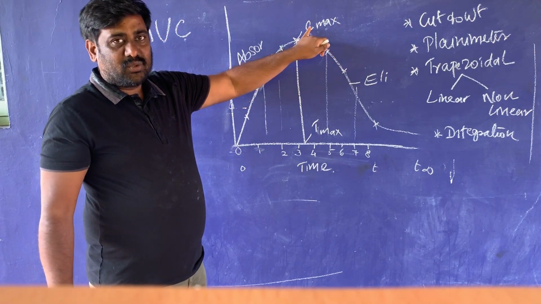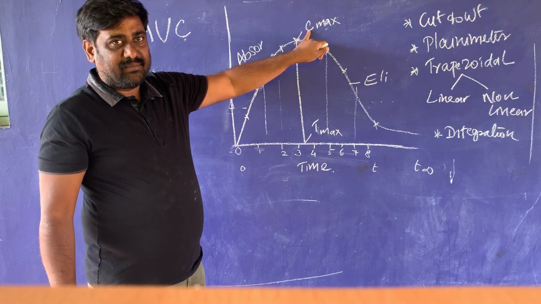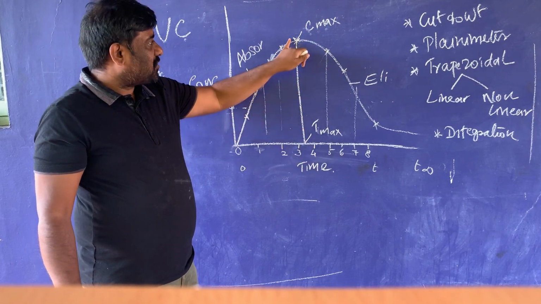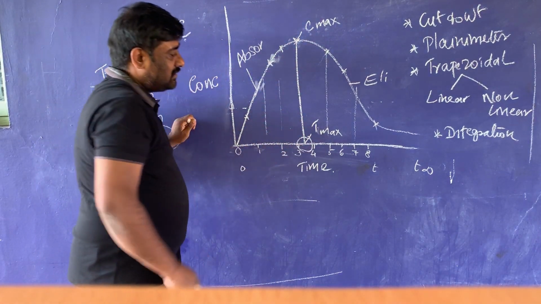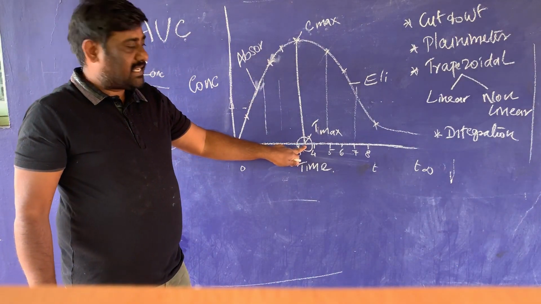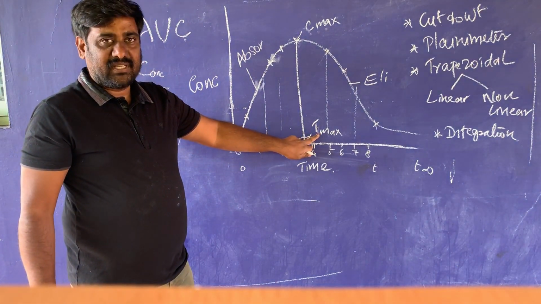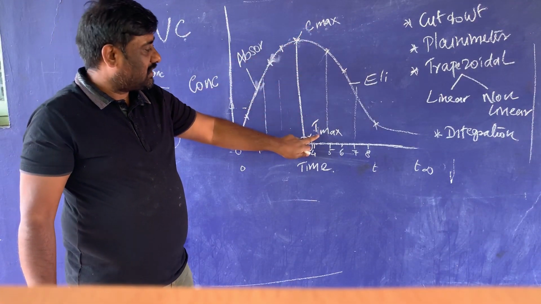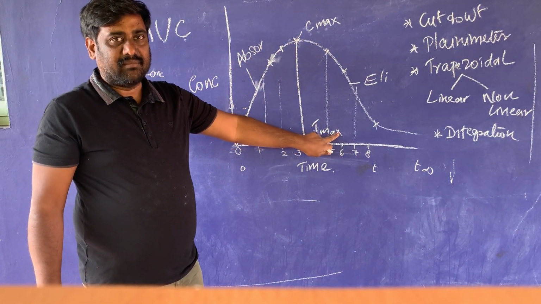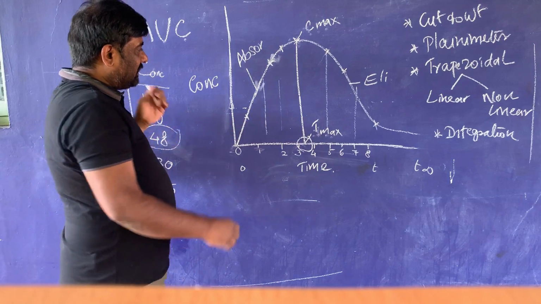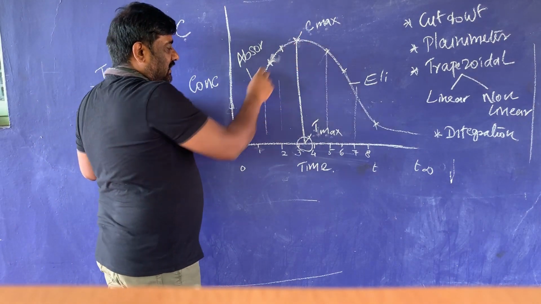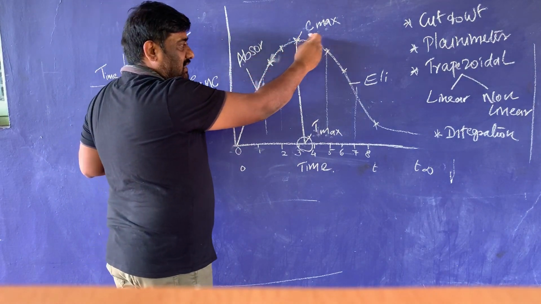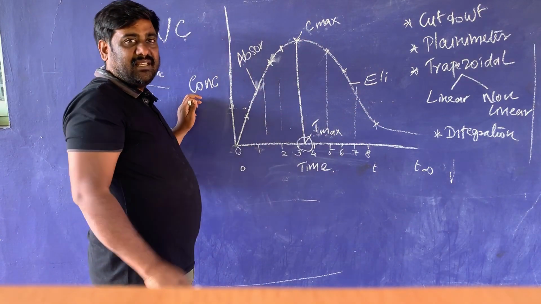So corresponding to the Cmax, at what time and which hour the Cmax is obtained. So corresponding to this concentration, at the x-axis, the time is known as Tmax. That means the time when the Cmax is obtained is known as Tmax. It is unit by time, maybe hours. So in this graph, the first portion up to reaching the Cmax is known as absorption phase. After reaching the maximum concentration, the declining phase is considered as the elimination phase.